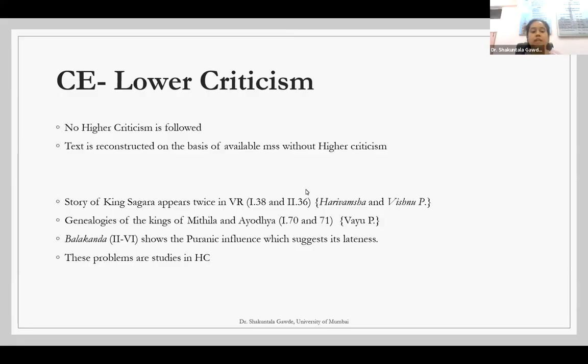So what I was saying is, we can see that Balakanda and Uttarakanda are considered to be interpolated. त्याला प्रक्षिप्त असं मानलं जातं. पण क्रिटिकल एडिशन मध्ये निश्चितपणे त्यांचा समावेश आहे. याचं कारण